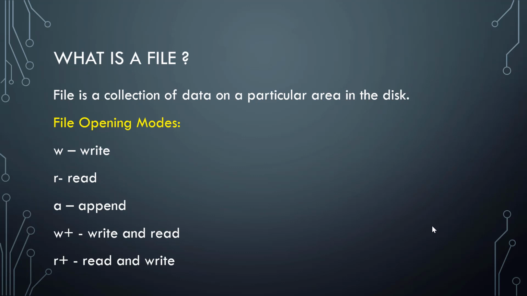We have to go for different file opening modes. The operation can be a write operation. Writing means the first time I'm creating a new file and I want to store data, so we use W mode, W for writing data. If we already have a file that I want to read, an existing file, we use R mode, R for reading data. If we already have a file in which we have written one line of text, where I want to add one more line as a continuation to the previous data, we go for append mode. For append mode, we use A. So A is the mode.